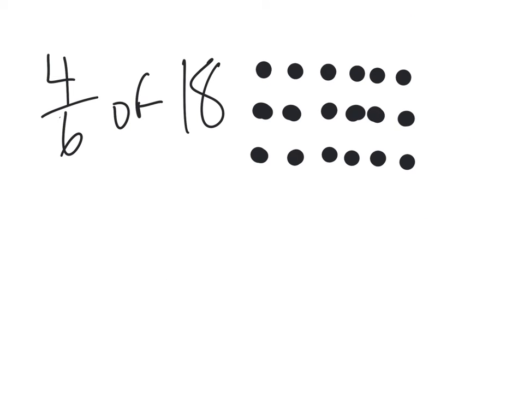All right, this next example, I'm going to go a little bit faster, is 4/6 of 18. So I'm going to start with the algorithm on this one. The algorithm is going to be 4/6 times 18 over 1. This one is basically going to make me work a little bit more